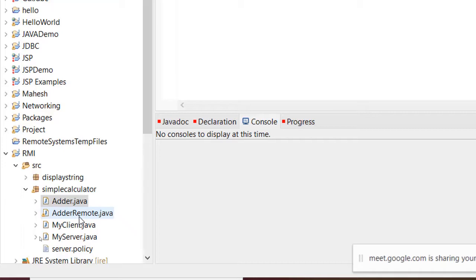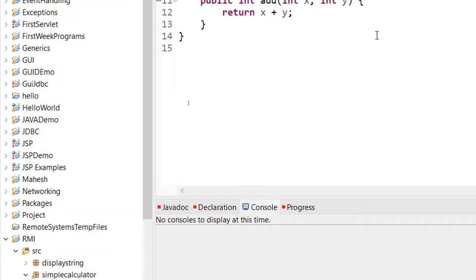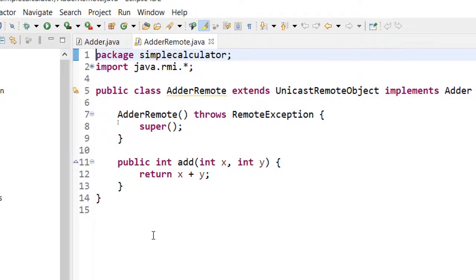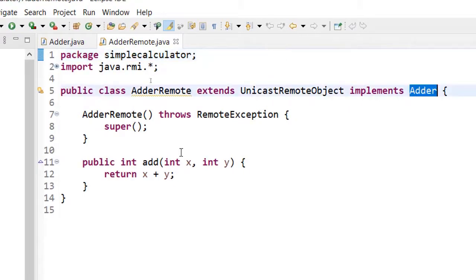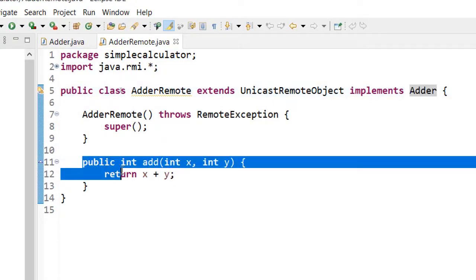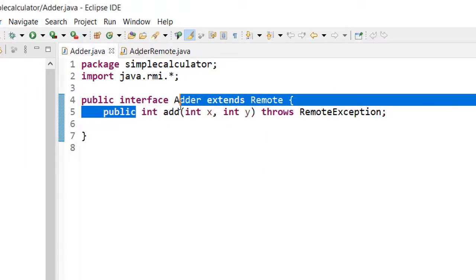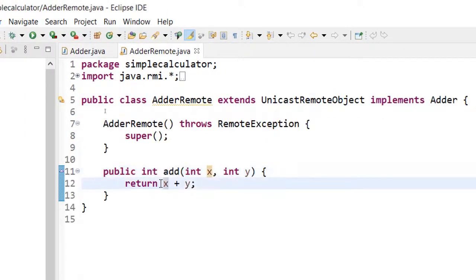The client provides two numbers, a and b, and your server will return the added result back to the client, or it will display it on the screen itself. In AdderRemote.java, the code which implements this Adder interface provides the implementation of the method called add. Here only the skeleton is there, and here you have the implementation.